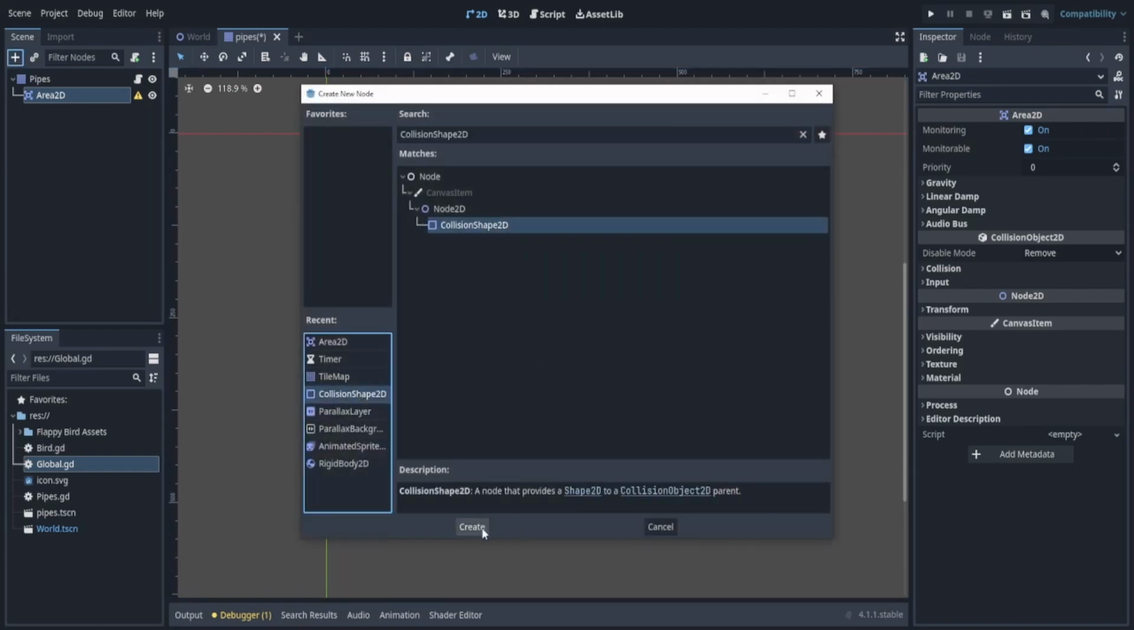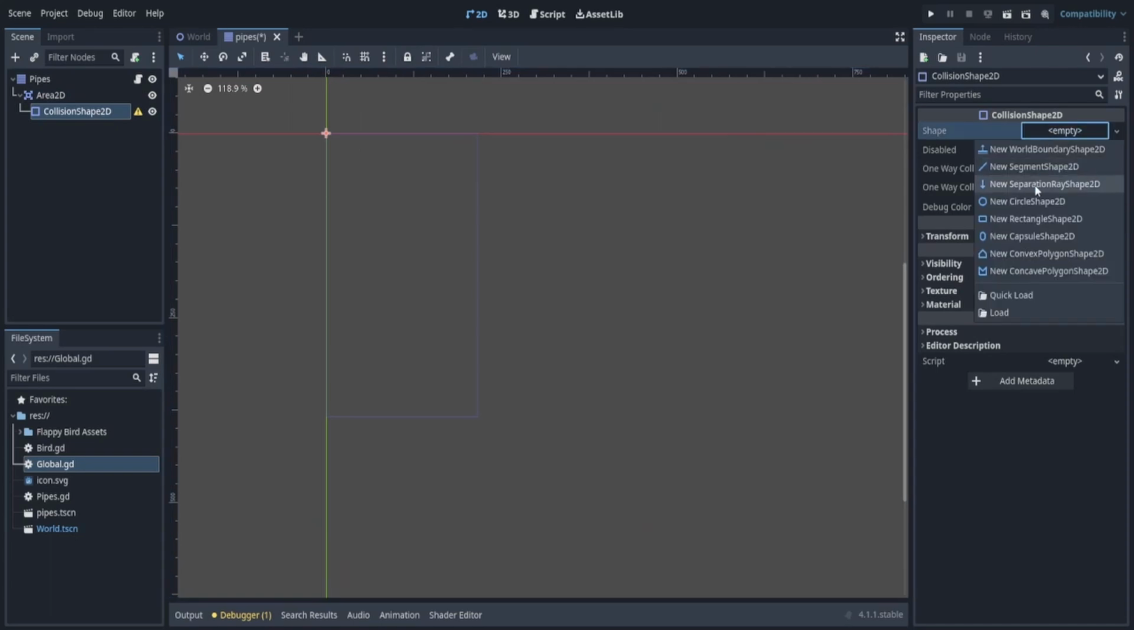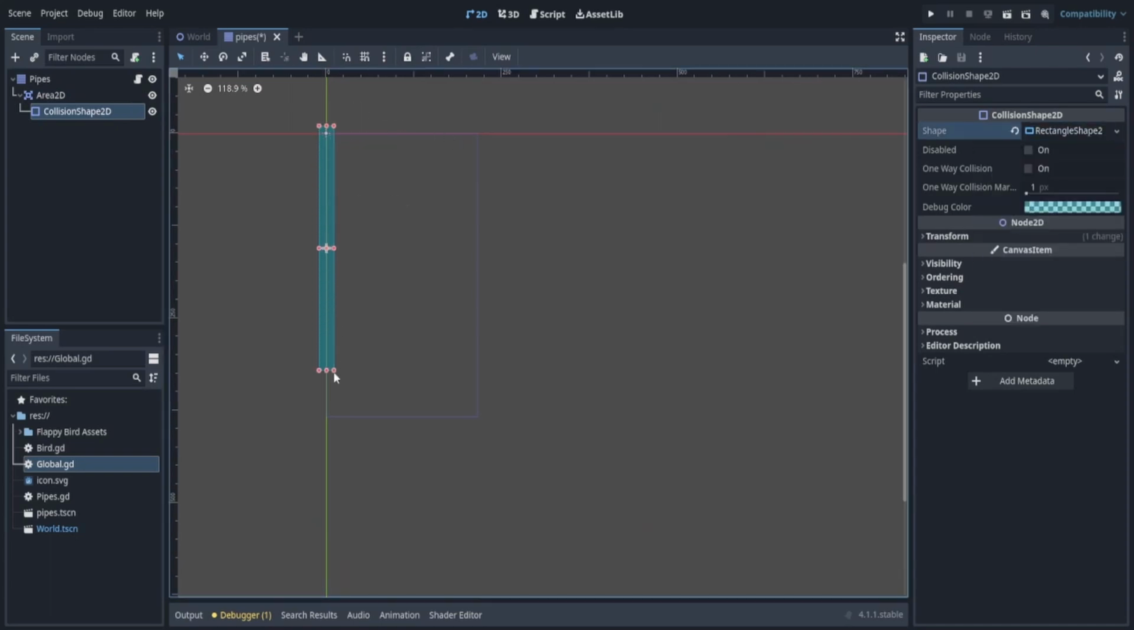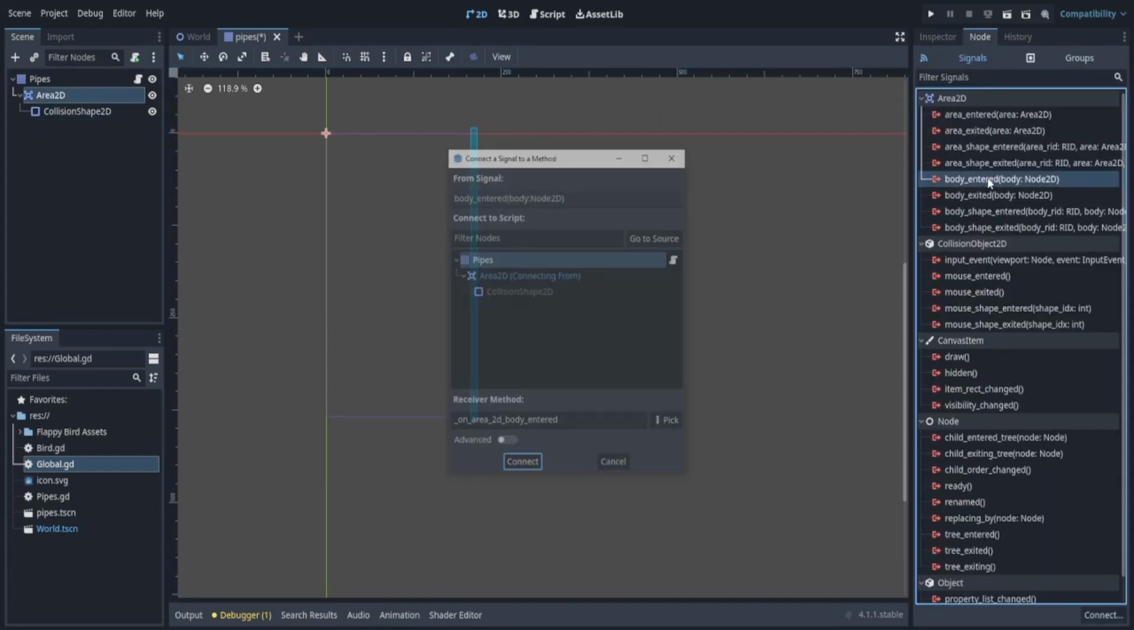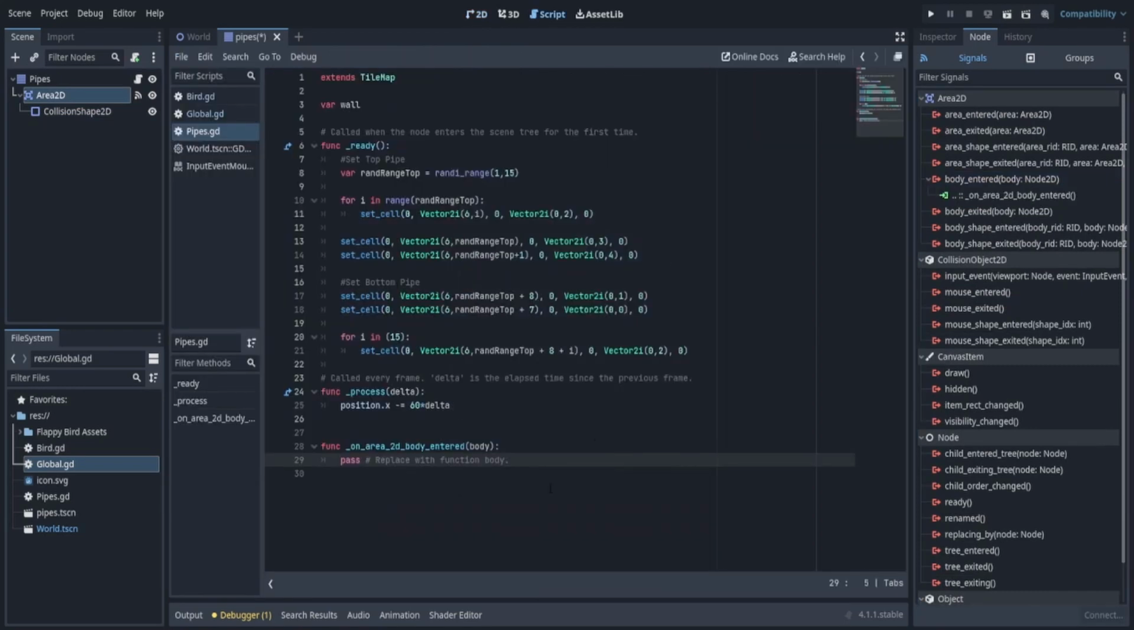So let's create this and add a collision shape. Now, how are we going to make this work? Well, it's actually pretty simple. We just have to create a long rectangle. We're going to move this all the way to the right where the pipe should be, and we're going to make it relatively skinny. Now we're going to go to the Area2D and say body entered, connect this,